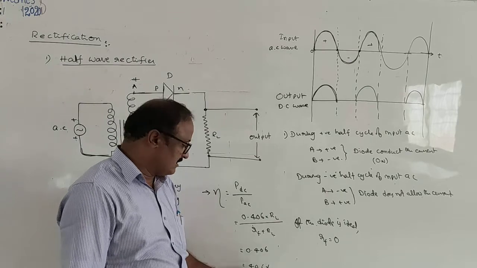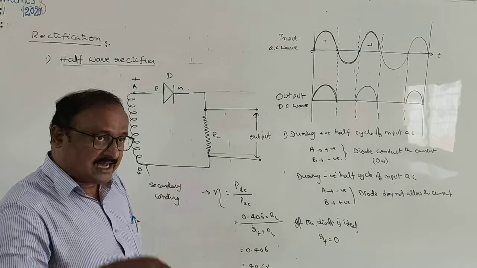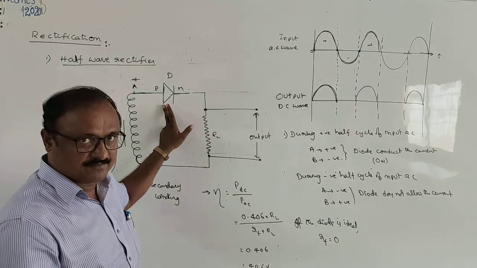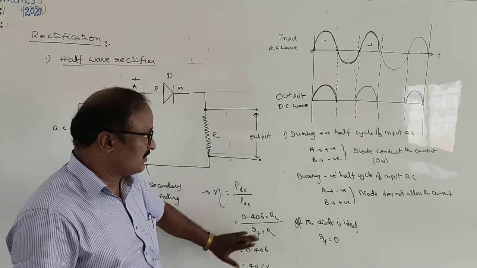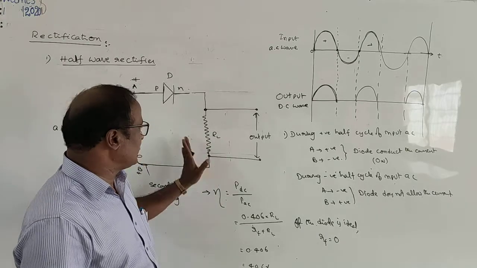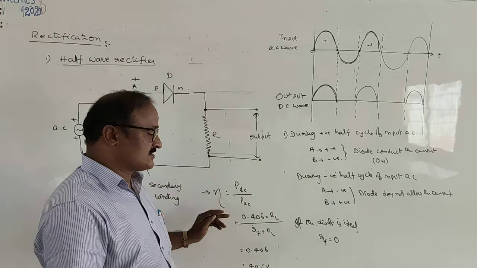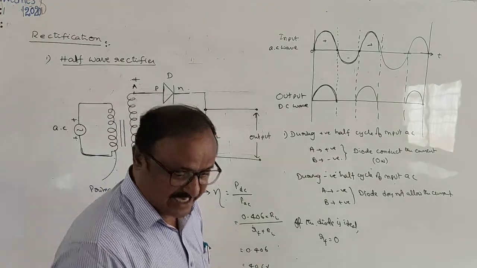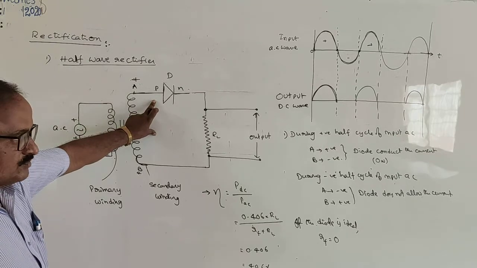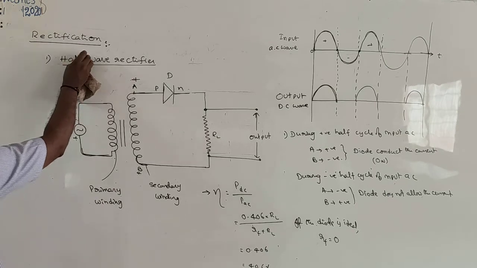Then what is the remaining 10%? The remaining 10% may be lost inside the diode in the form of heat energy or in the form of light energy. Right? So this is the concept of efficiency, and there are many other formulas corresponding to this half wave rectifier. Those formulas can be explained in a later class. Now again, this is only the half wave rectifier. Do you understand? Next I will explain what is meant by a full wave rectifier.